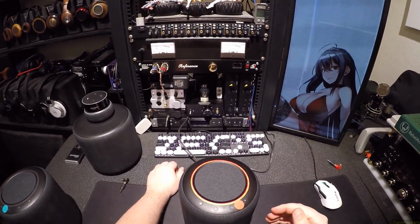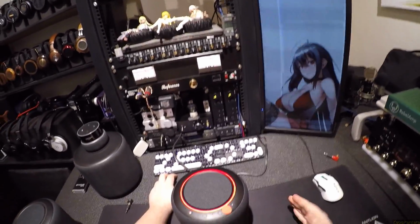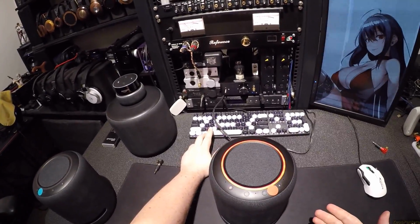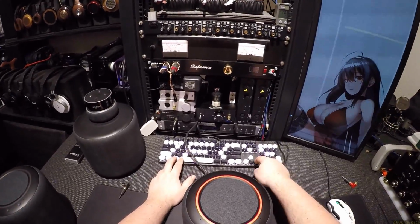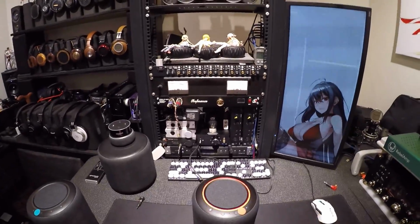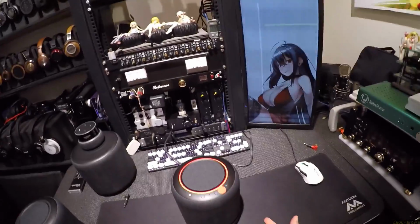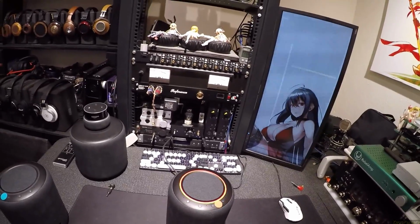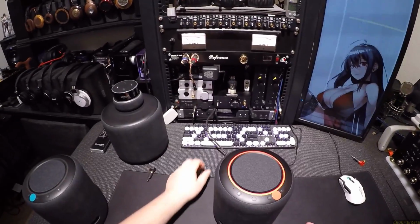That delay only takes 10 seconds to initiate sleep. If I play now, it's still fine. It's ready to go. Some Carpenter Brute is up. But if I sit here and talk for 10 seconds, and there's no signal coming into it, the Studio goes back to not running. And right now, if I hit play again,